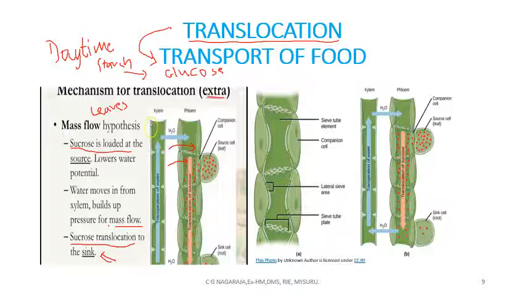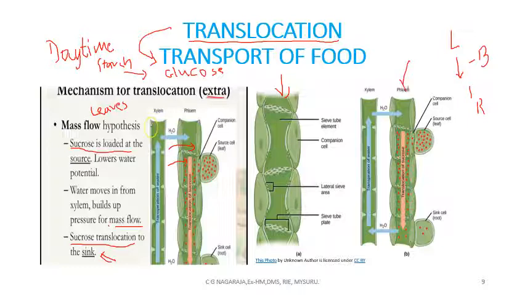So water in the plant body makes the sucrose dissolve in the night, and dissolved food materials move into these tubes, especially the phloem cells, and these phloem cells will carry all the food molecules from the source, that is from the leaves, to all the parts. It may go to branches, it may go to roots also. That mass movement of food takes place, and that is often called translocation. Translocation of food takes place in the night times, and that happens with the help of phloem.